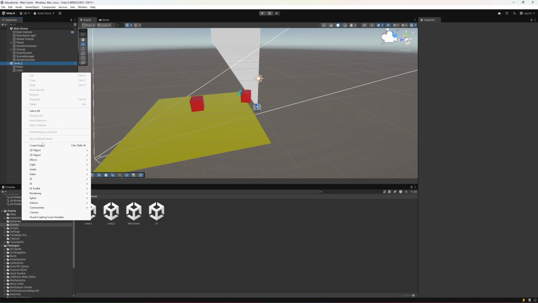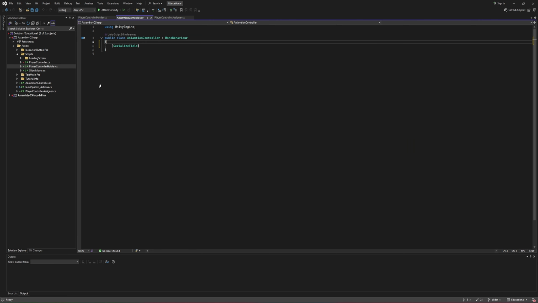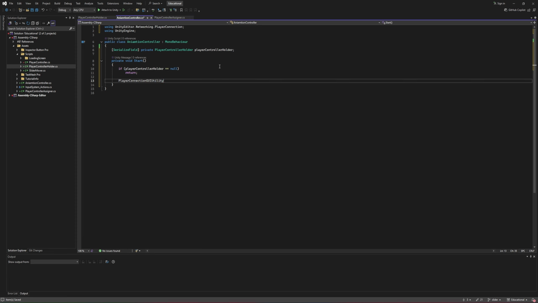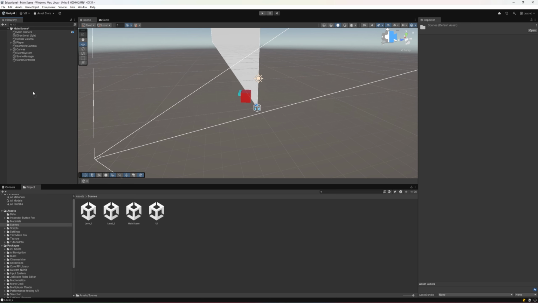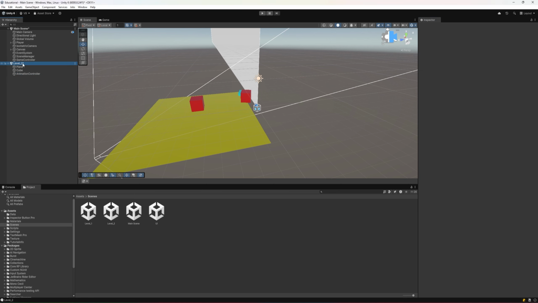Let's create an AnimationController in Level 2 and add an AnimationController component. In the AnimationController, we will need a PlayerControllerHolder, and at the start, if the PlayerControllerHolder is not null, we will invoke a PlayAnimation function of the PlayerController. And for safety, we will use a question mark, so when PlayerController is null, the function won't be invoked. And what we should do is to assign a PlayerControllerHolder in the AnimationController